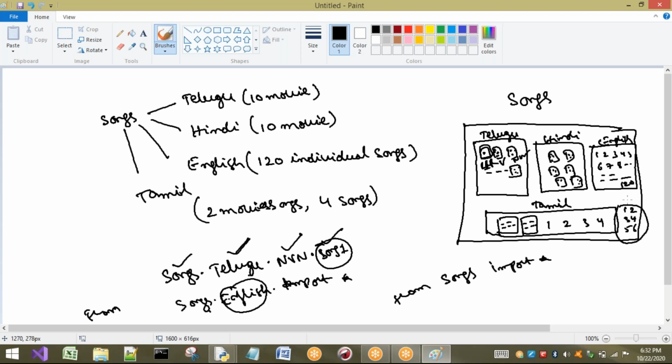So now I will relate this example to our packages concept. The first point is, by seeing this example, we can say that, as we have seen here, songs is one directory, and inside this directory we are having subdirectories. In the same way, in our Python, a package directory can be considered as what? A package can contain sub packages and also files. This is the first point we have to understand about this example, which is related to our packages concept.